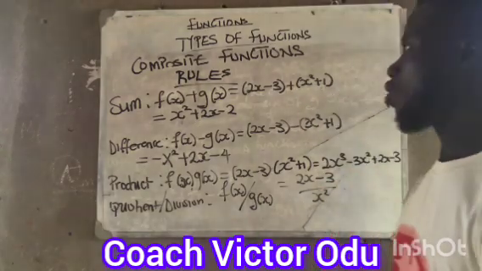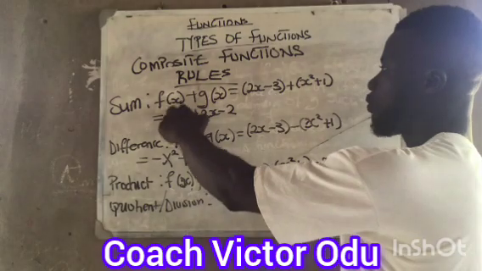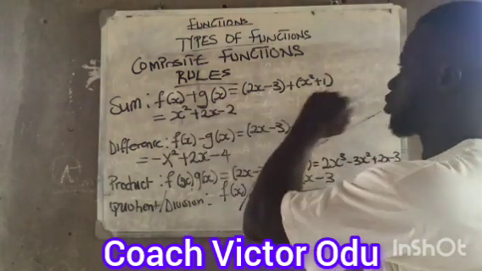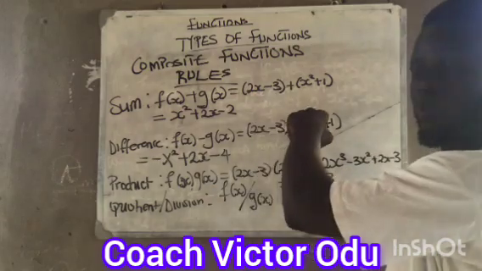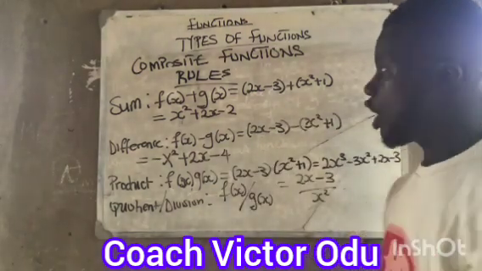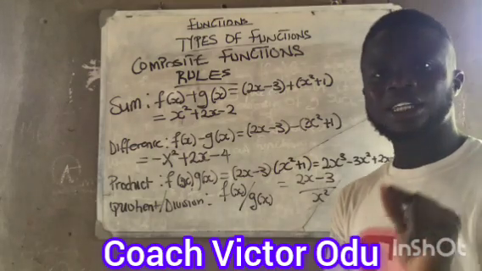The first one is the sum. So given 2 functions, f of x and g of x, say let f of x be 2x minus 3 and g of x be x squared plus 1. If you are to add 2 functions together, what you have to do is to check adding them by its